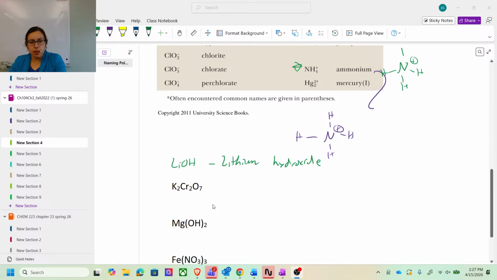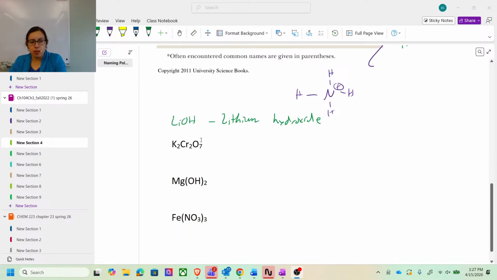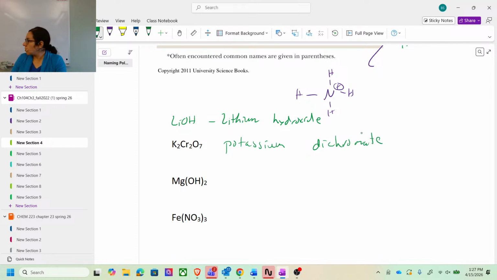All right, what do we get? So what do we get for our first one then? What's its name? Yeah, go for it. Excellent. Potassium dichromate. Any questions on that one? So remember, potassium is our group 1, so it's always, always, always going to be +1. So then when we know the oxidation state, we don't have to name it. Yeah, so,